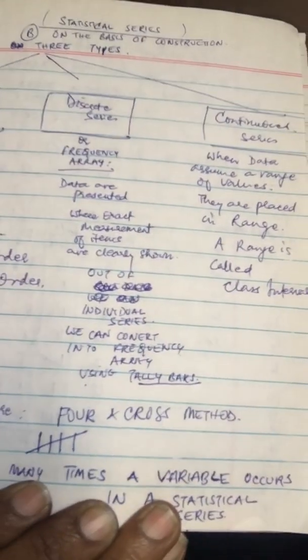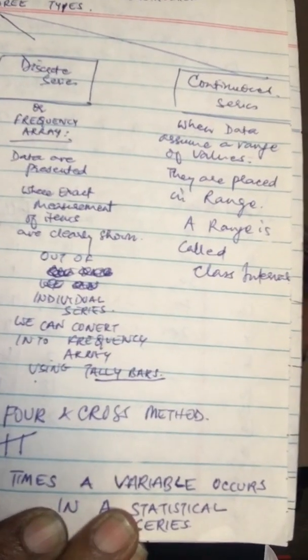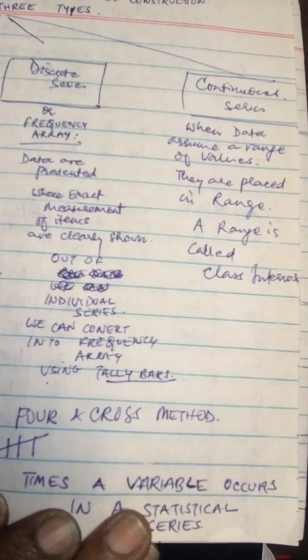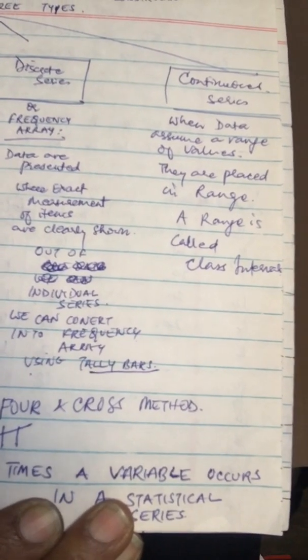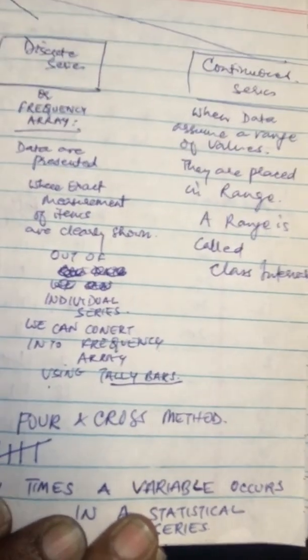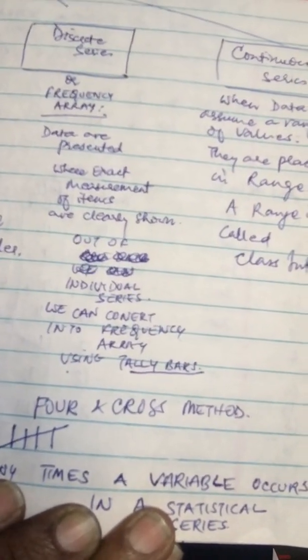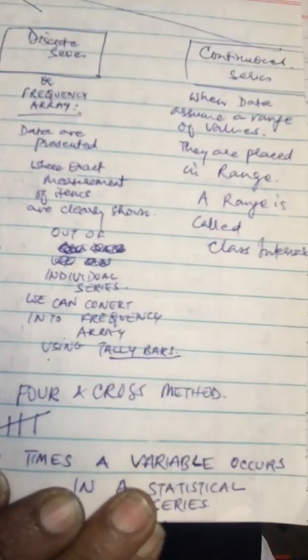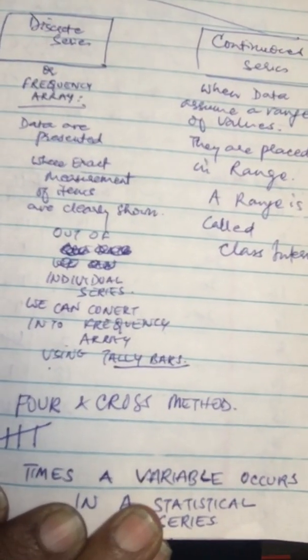So here we find that the items are not measured exactly, and they are rather placed within the range or limits. So we will be doing class limits, class interval, mid values and all of that later, but right now